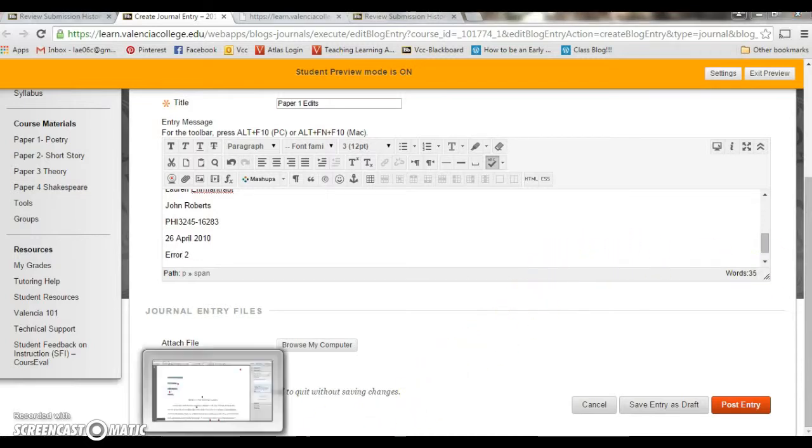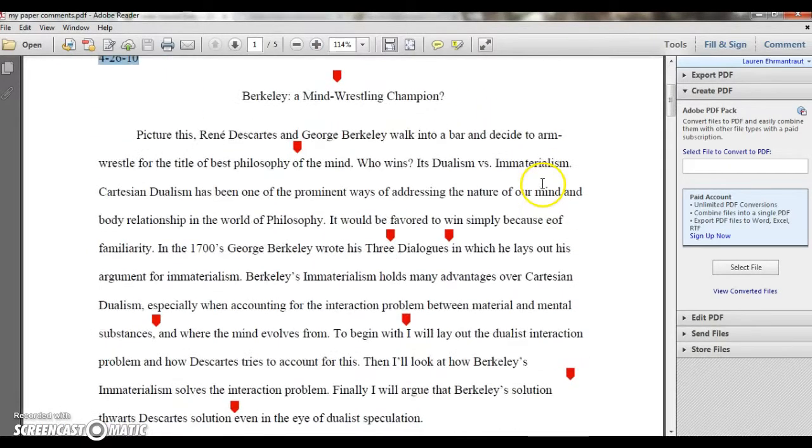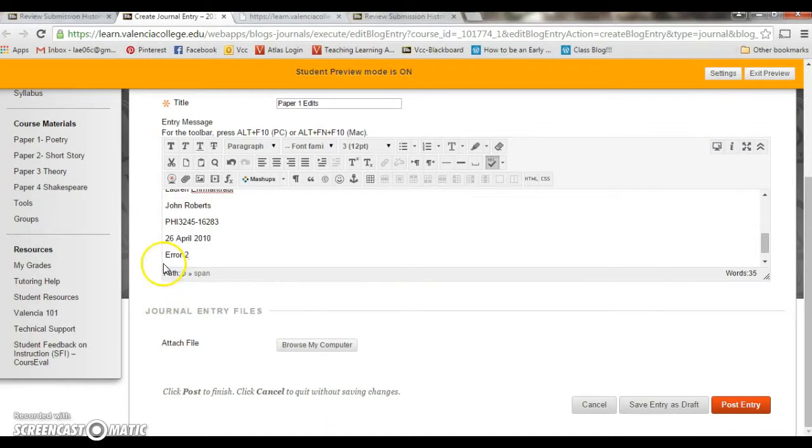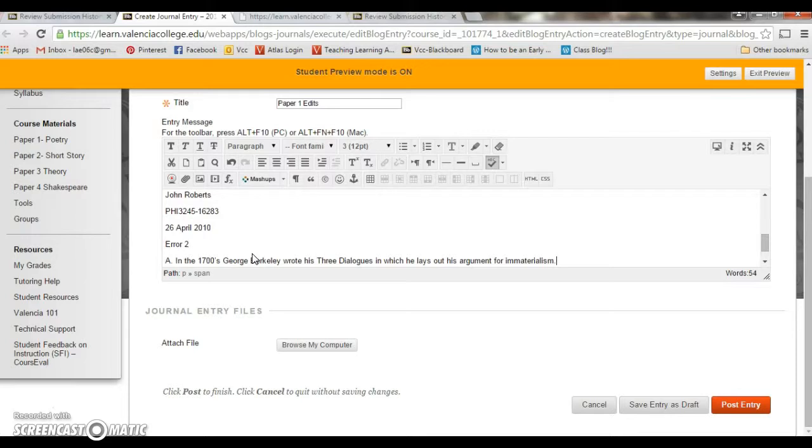And so for error 2, I'm going to go back to my paper. I'm going to scroll down and find one that's a complete sentence, like this one here. In the 1700s, George Berkeley wrote his 3 dialogues in which he lays out his argument for immaterialism. In this sentence, my first error is that the title of the book that he wrote, the 3 dialogues, should be italicized. So I am going to, again, right-click on this, copy, and then go to my journal entry,